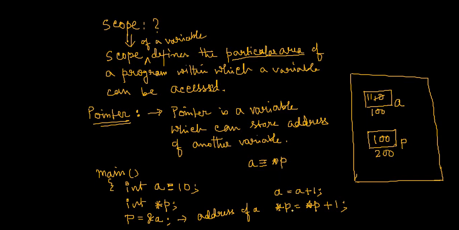That means what this pointer P is basically doing, since P contains the address of A, I can say that P basically points to the content of A. Since P can point to the content of A, and P is a pointer variable, you can control this content of A by using the pointer. You don't need to touch the variable, and that is the beauty of a pointer.